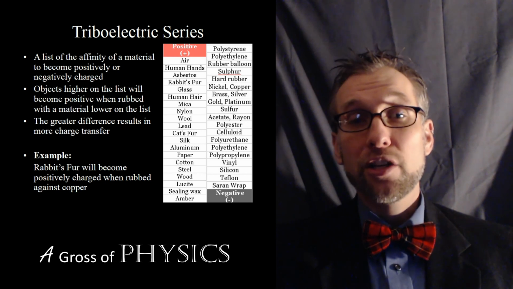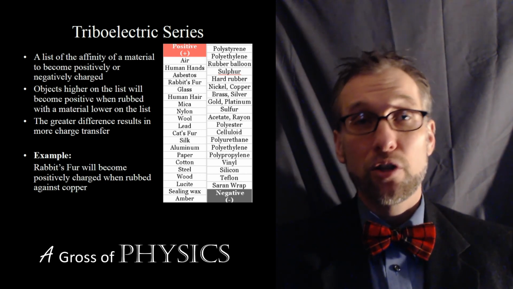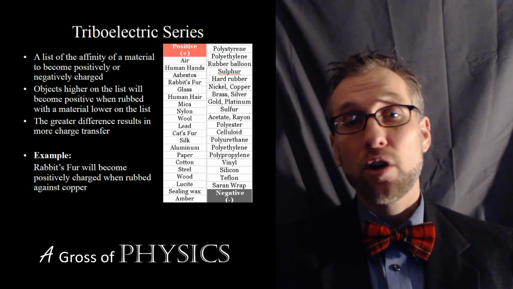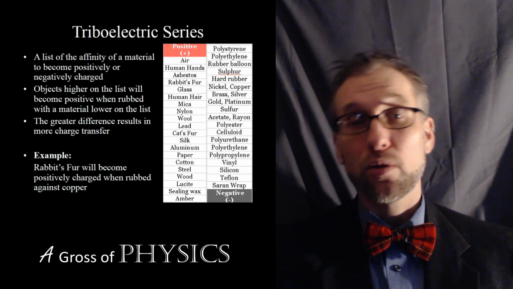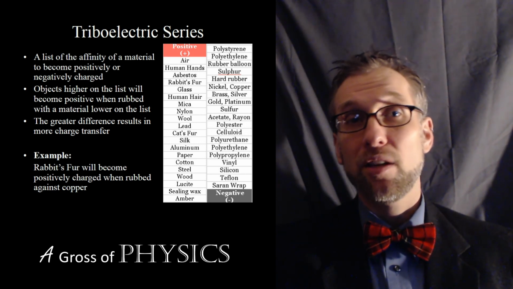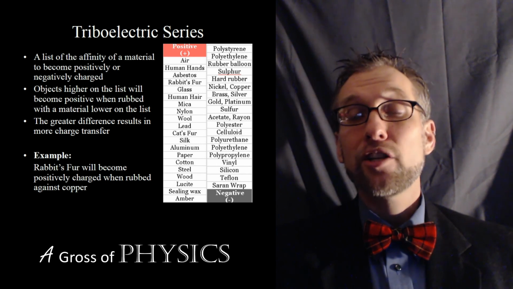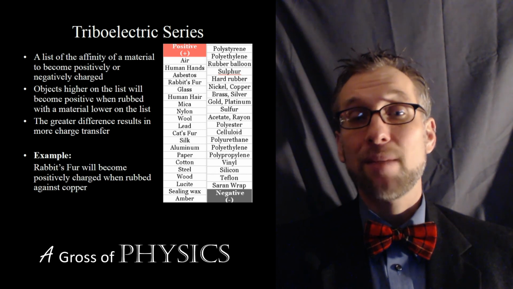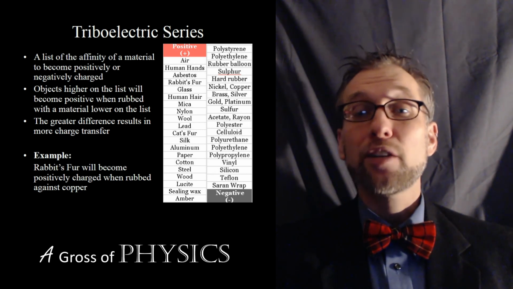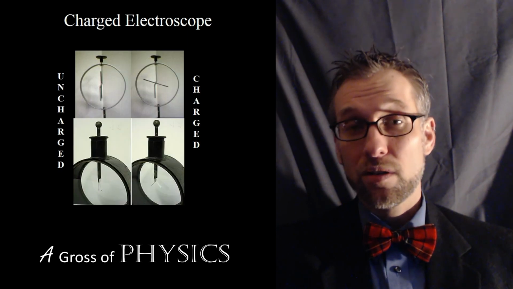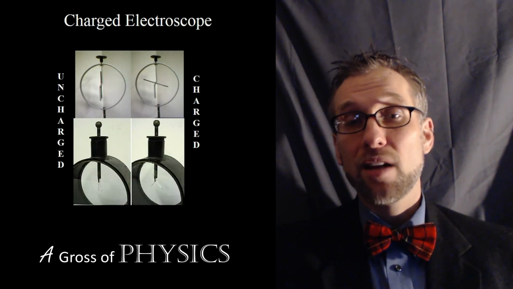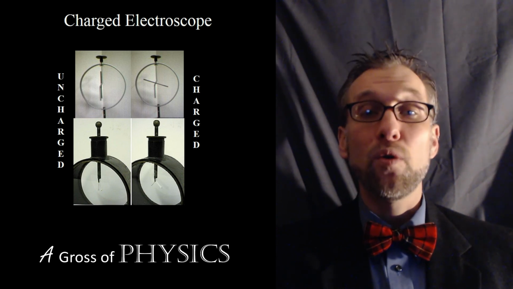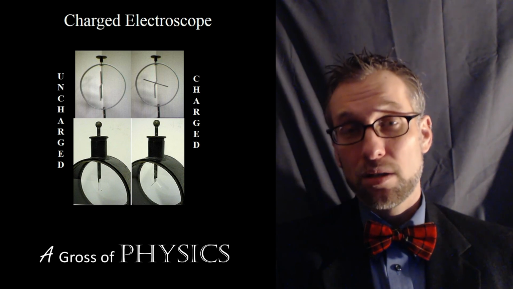When we charge by conduction, we're physically touching a charged object to another object, and the excess electrons will either move from the charged object to the neutral one or from the neutral to the charged object, depending upon the original charge. Conduction decreases the strength of the original charged object, and they both share the same sign in terms of the charge. An electroscope can be used to detect charges, and the relative strength is based on how far apart the leaves are on a foil leaf electroscope, or how far the arm moves on a standard